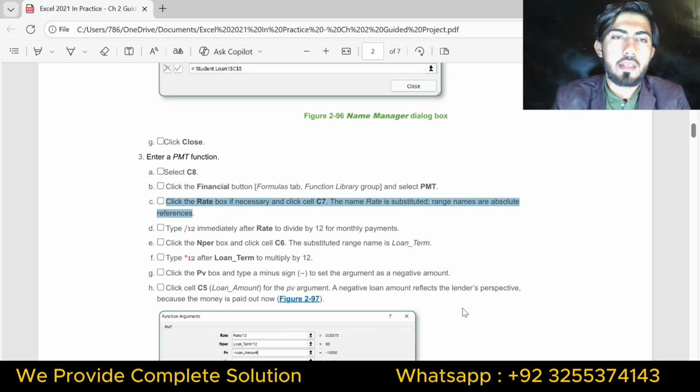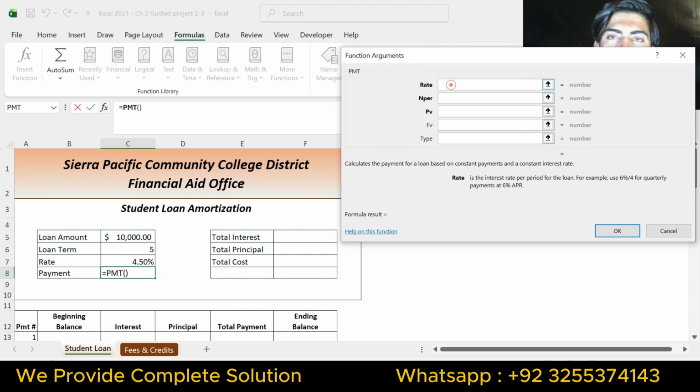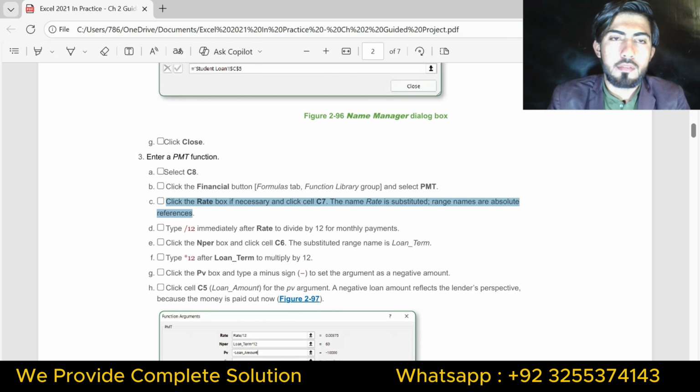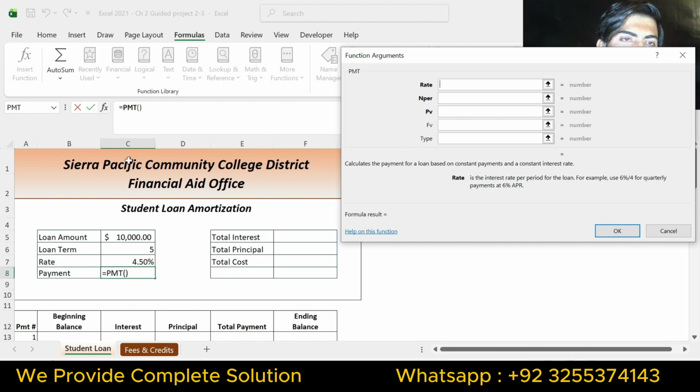Part C is click the rate box if necessary and click cell C7. The name rate is substituted for the range name or absolute reference. So just click the rate box and click cell C7. This is cell C7.